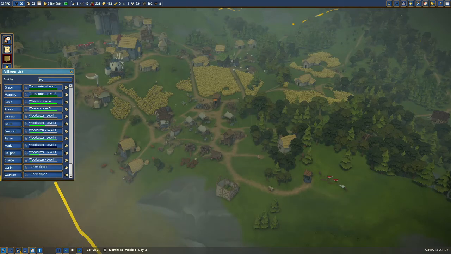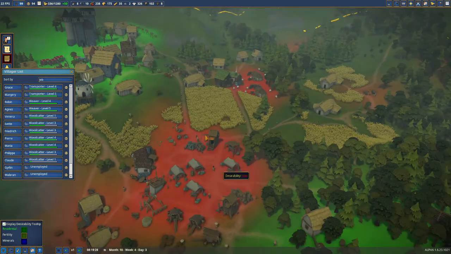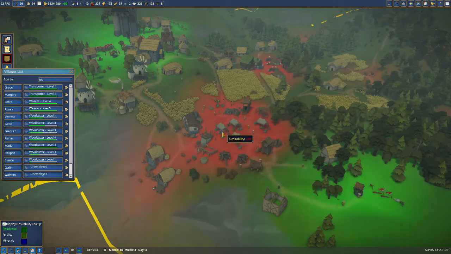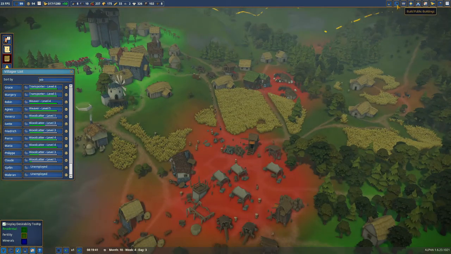Or end up with, for example, down here, residential. That's like a complete write-off. Luckily I've got enough wheat farms. The wheat farms are negating the negative effect of the lumber camps, the mines and the liquor stuff. Anyway,